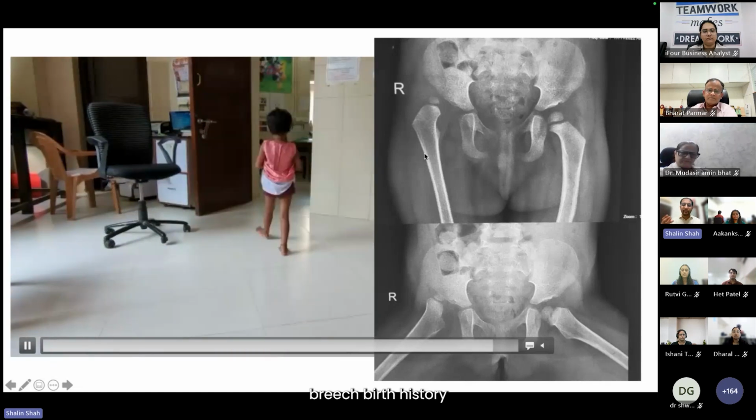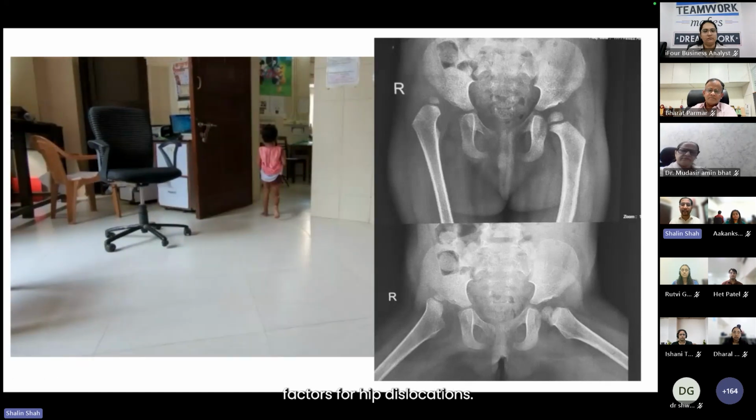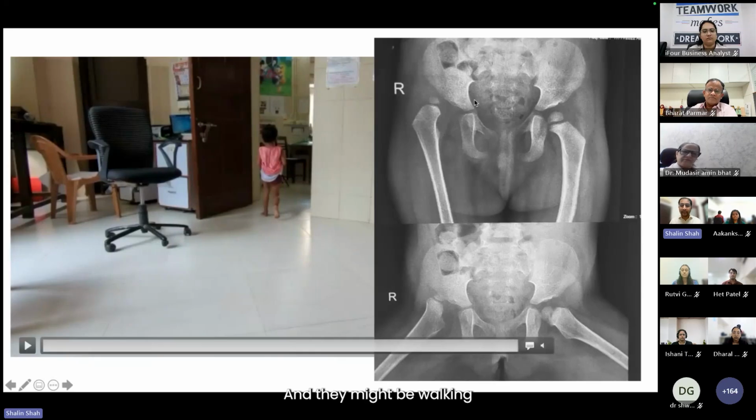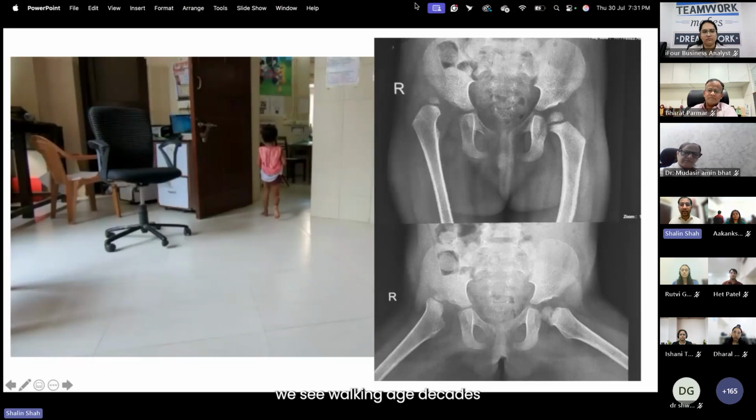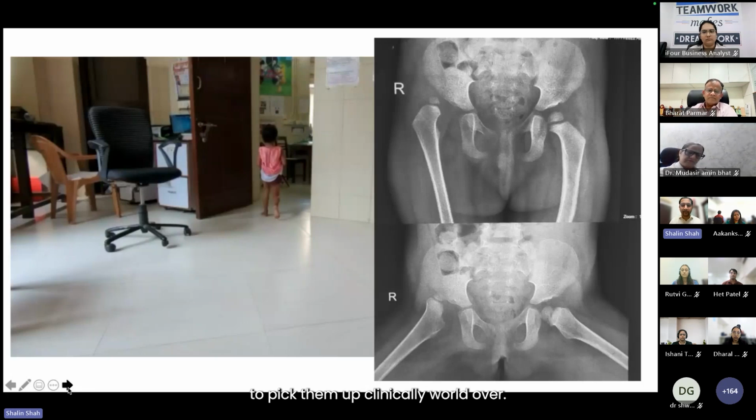Breech, birth history, female, first child, all of these are risk factors for hip dislocations, and they might be walking abnormally, with a short limb gait, which is why measuring limb length is very, very important. Getting an x-ray before treating abnormalities in gait in children is important as well. And DDH is really a painless condition, which is why it gets missed all the time, and which is why we see walking-age DDH kids not detected early on, because it's very difficult to pick them up clinically. World over, and that's something which is coming into India as well,